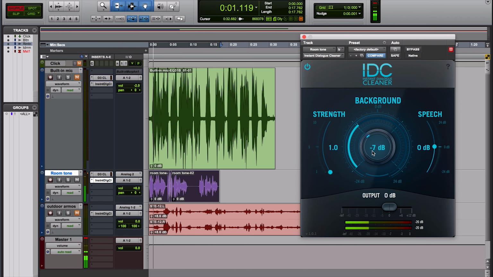So here's another example in which the recording of dialogue has quite a lot of room sound on it. If I also pause for a minute, there's a bit of noise coming from outside in that there's a truck making some noise. So using IDC, we're going to apply it to this recording and see what results we can